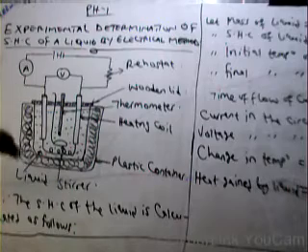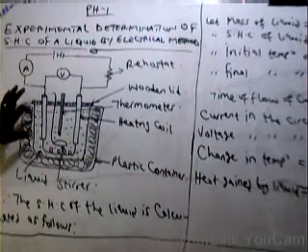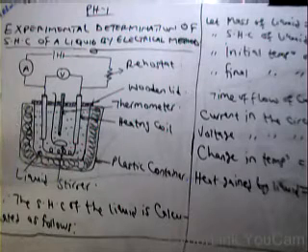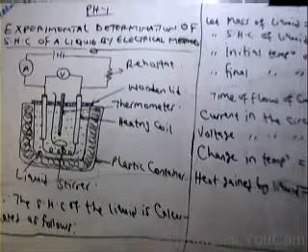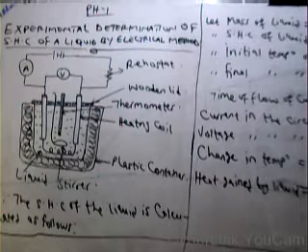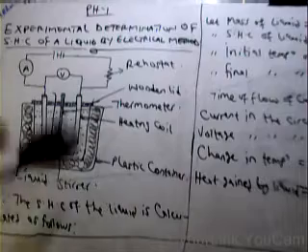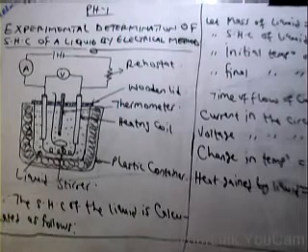Now, how do we measure the specific heat capacity of, say, water? We want to determine the specific heat capacity of water. Then we place a certain mass, or a certain volume, of water inside this plastic container. Now, how do we measure the mass or the amount of water being used in this container? It depends on the size or the volume of this container.